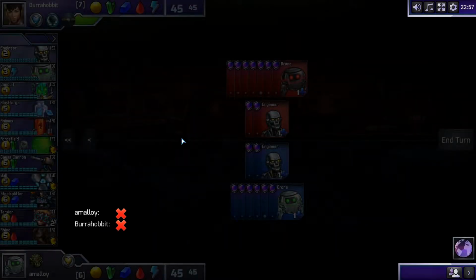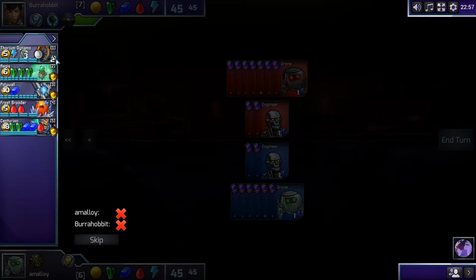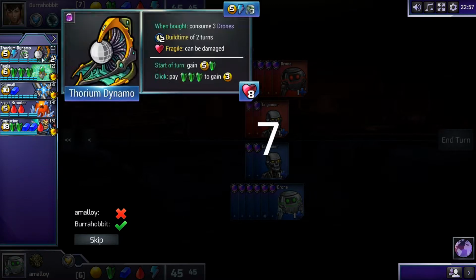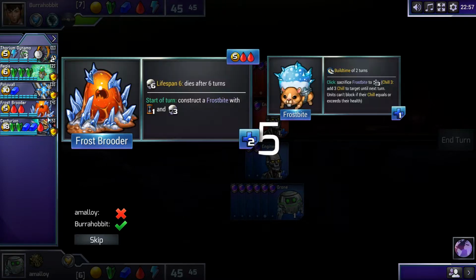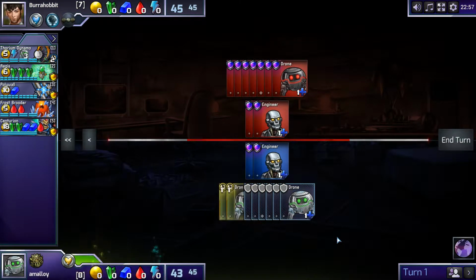Who is this? Burra Hobbit. I don't know this person. We're in base +5 with high absorb, wow, and a lot of green, like, and health. I think Frostbrooder will feature because being able to freeze Centurion is pretty important. But we're gonna go like high econ,